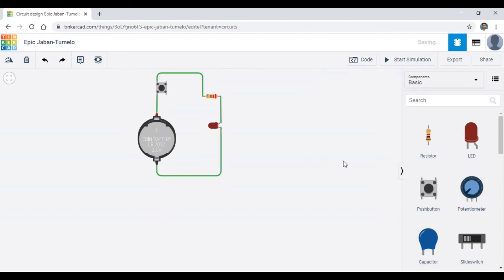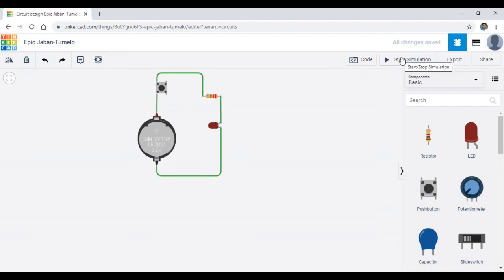Now we are ready with all the connections. The circuit is created, designed and completed. Before starting the simulation, just observe the LED. The LED is not glowing now, it is in the off state.